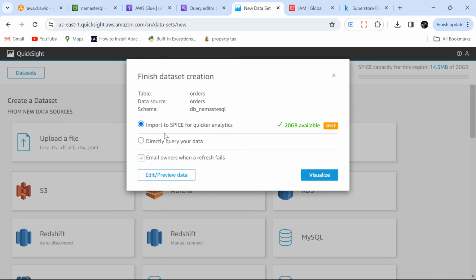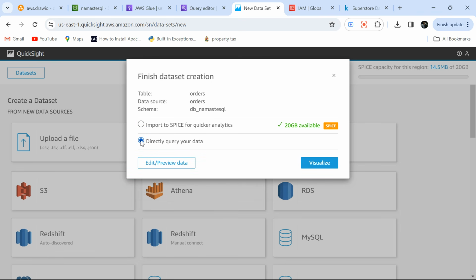Now here you have two options, right? Import to Spice for quick analytics and direct query for your data. Now if you are from Tableau, it is like live versus extract. If you have worked on Tableau, this is your live, which means every time you create a chart, it will read data from Athena, in turn it will read directly from S3. So if anything has changed, it will directly show you, right? But